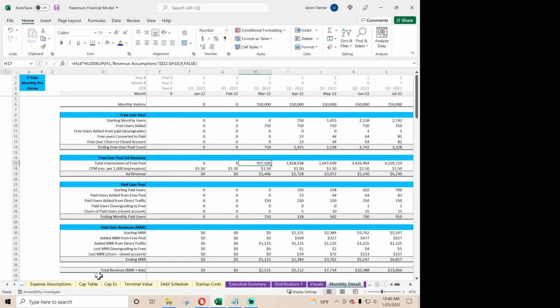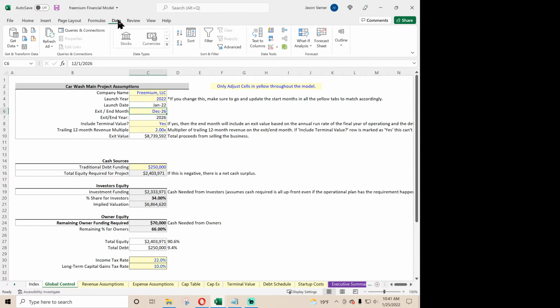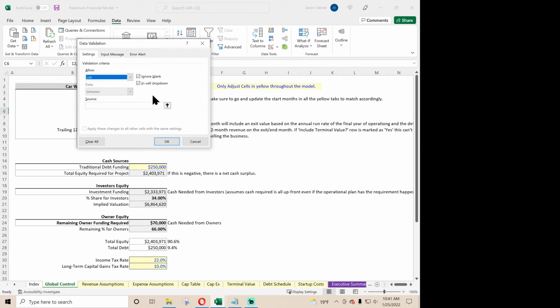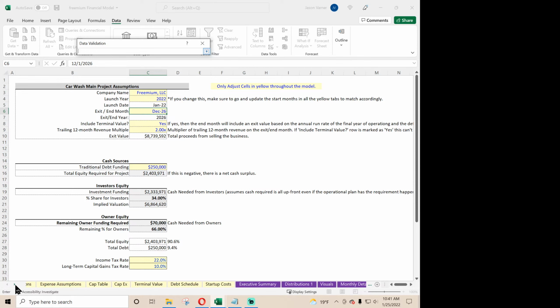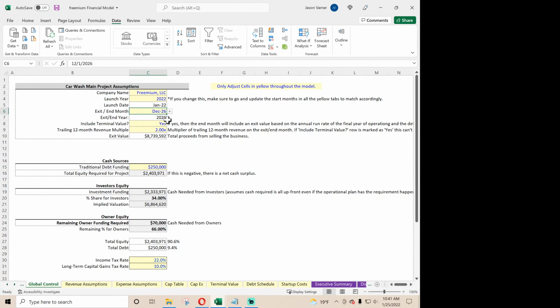All right, so what I need to do is check and make sure or add the implementation. So let's say our end month, oh, we gotta validate this. Let's say you wanted to run the model for less than 5 years. So we have to allow you to choose a different end month for the model. And then based on that, everything should stop after it. So if we just, let's say August. In this case,